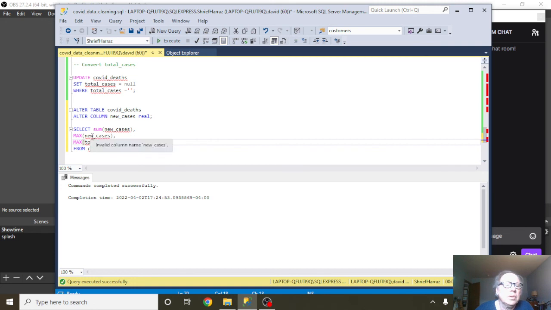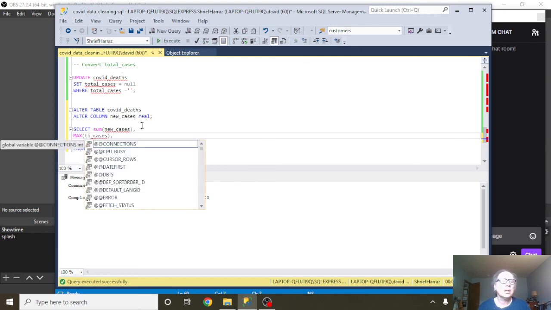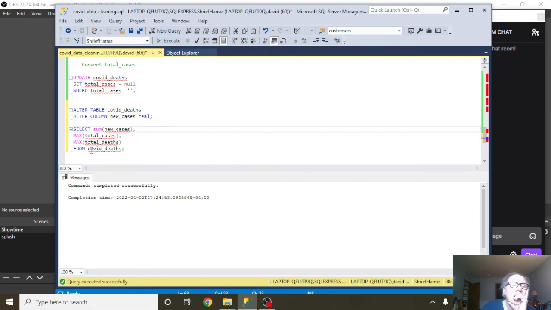Let's change this so the max of total cases should, the sum of new cases should equal the maximum value of